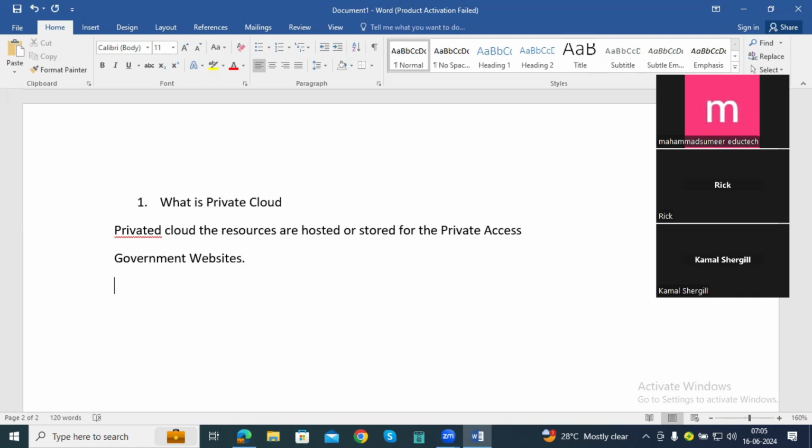And the public cloud, public cloud is Amazon and